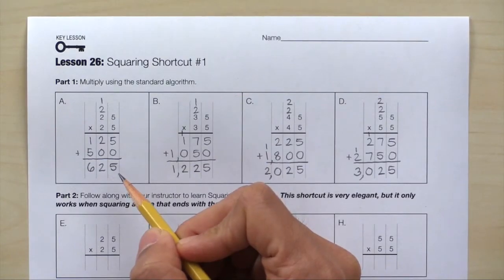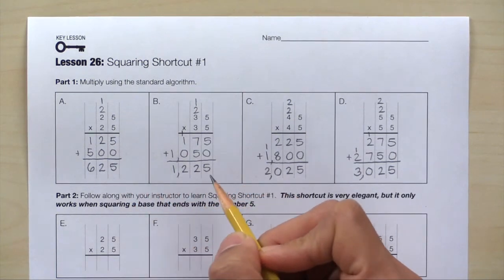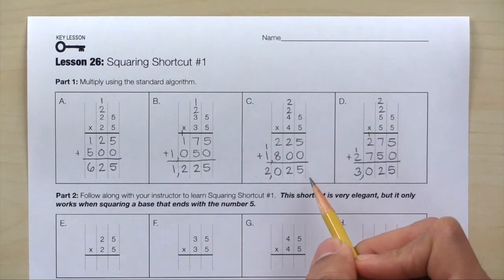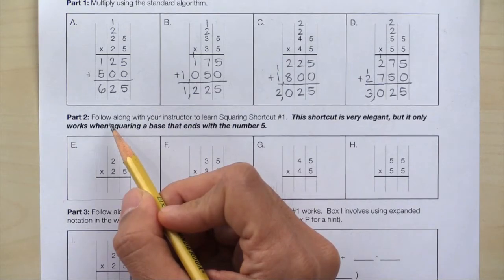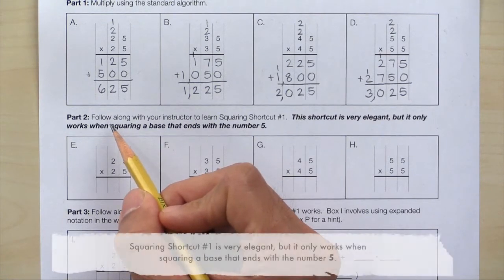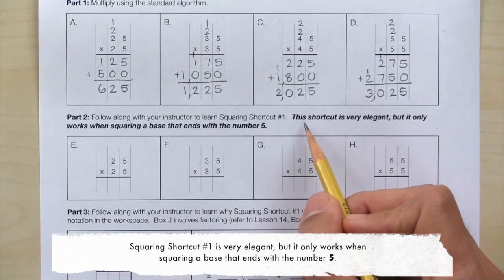Here the products are 625, 1,225, 2,025, and 3,025. Here's part 2. Students are going to follow along with their instructor to learn squaring shortcut number 1. And notice that it says, this shortcut is very elegant, but it only works when squaring a base that ends